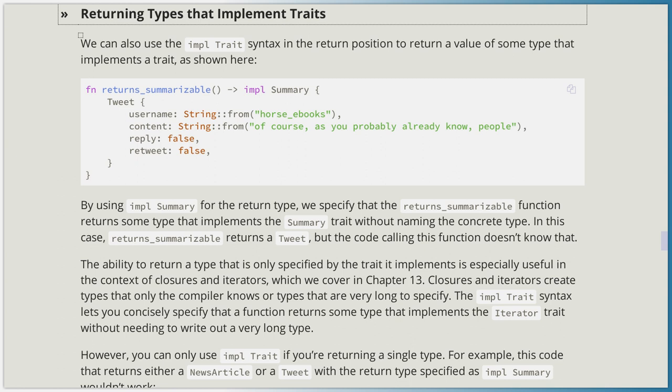The ability to return a type that is only specified by the trait it implements is especially useful in the context of closures and iterators, Chapter 13. Closures and iterators create types that only the compiler knows, or types that are very long to specify. The impl Trait syntax lets you concisely specify that a function returns some type that implements the Iterator trait without needing to write out a very long type. But